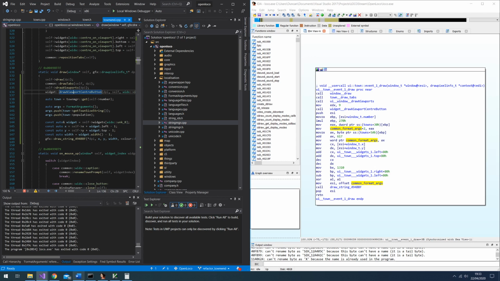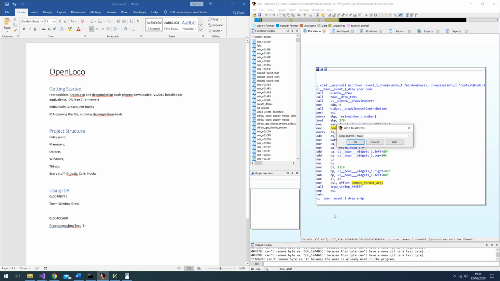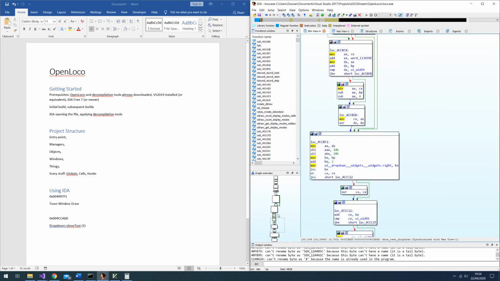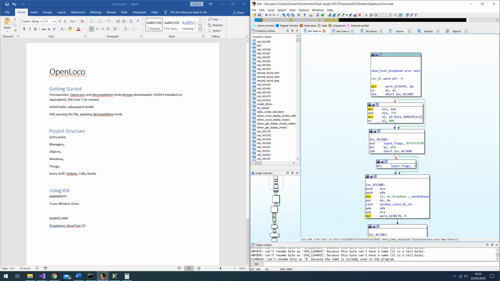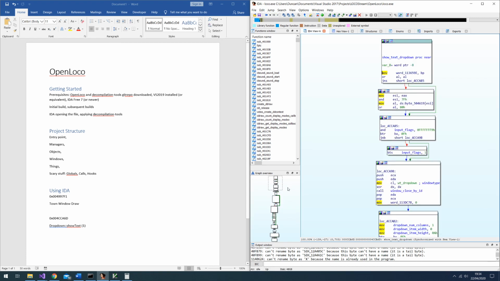I can keep going. What I was planning on doing was having a look at this drop-down show text. Now that I think about it, that's going to take quite a while, because this is the size of it. That's a small one in comparison. When you look at what we were just looking at, then go to this one, what you could do is just implement 5 lines and call it a day. One of the things you didn't do, which I nearly always do when I start implementing a function, is